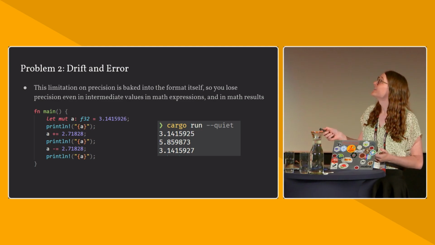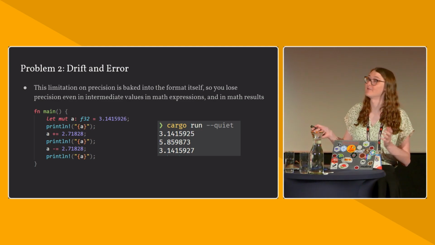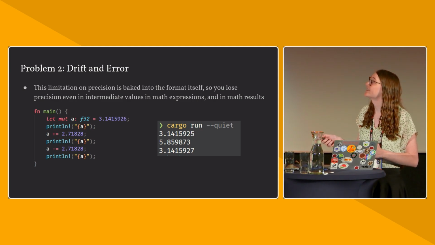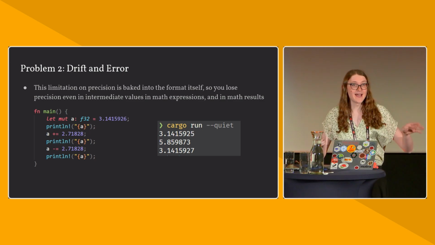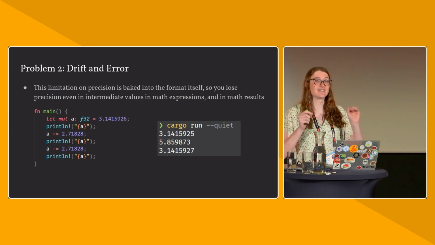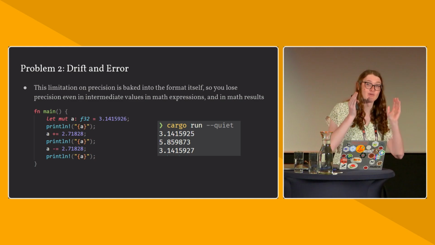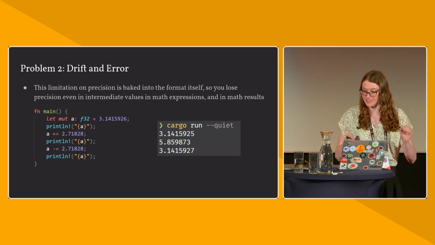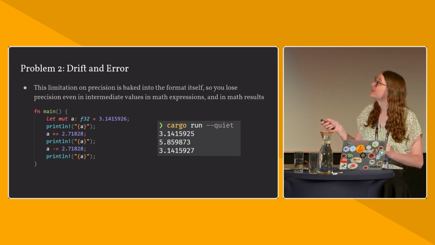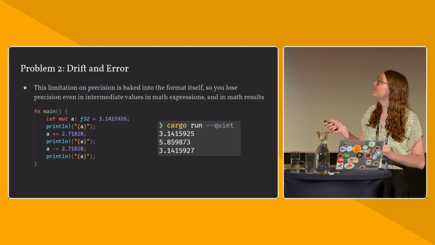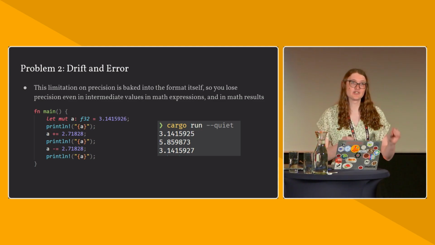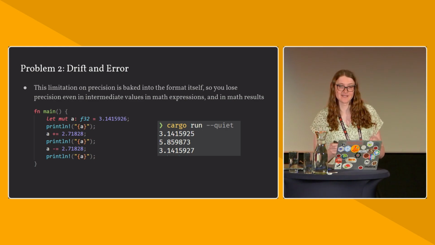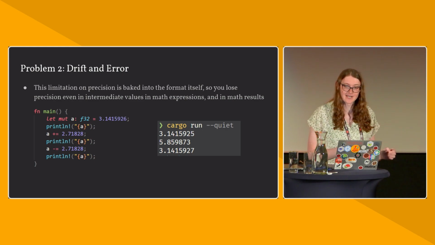Here we're taking pi, an approximation of pi, and then we add Euler's constant, and then we subtract it again. Mathematically, this operation is the identity. We're taking a number, we're adding another number, and then we're subtracting it again. We should end up exactly where we started, but we don't. You can see that our value ended in 2.5 and now it ends in 2.7. It's actually drifted very slightly from where it began, even though we should have ended up right where we were at the beginning.